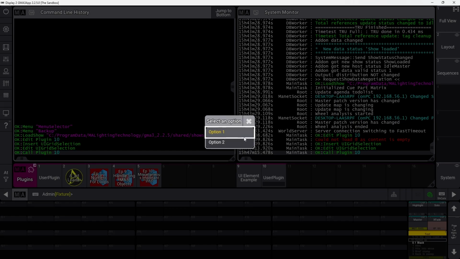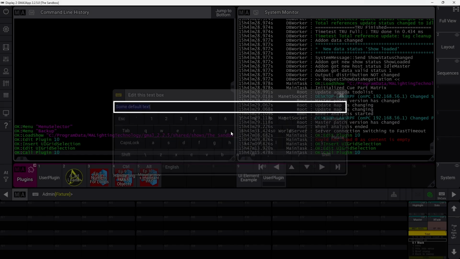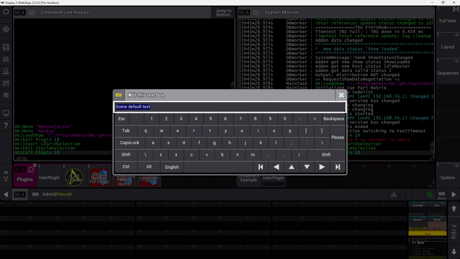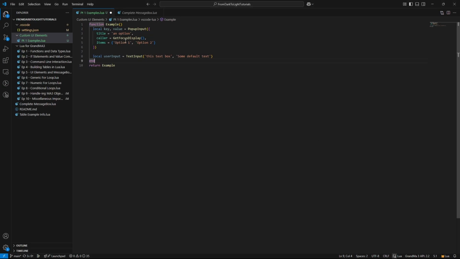And then another one that I did show you over here is the text input, which I absolutely love because it is literally like the simplest thing ever. You just put text input, a title, and some default text, and it'll return the user input. So if I click this, it'll show you, it puts the word edit in before whatever you put for the title, which is why I just put this text box. And you can change this, and I'm picky about spelling, but you can change this text and it will return that to your variable, which is right here.